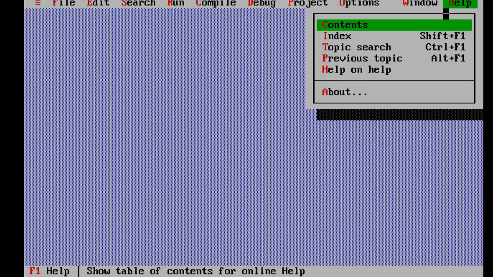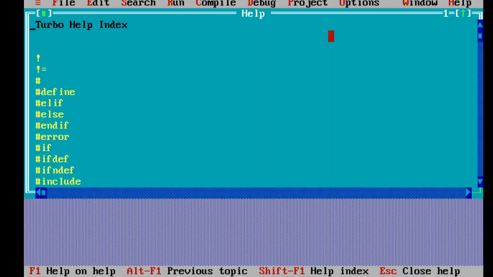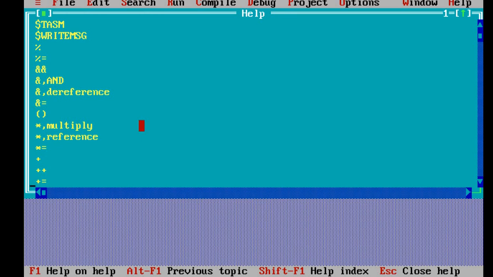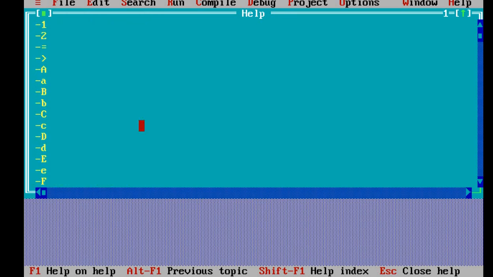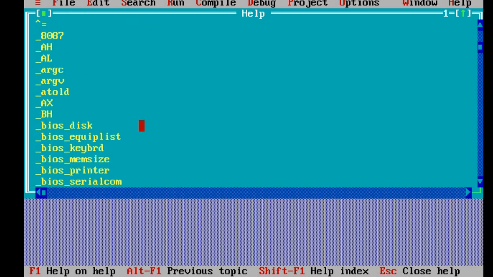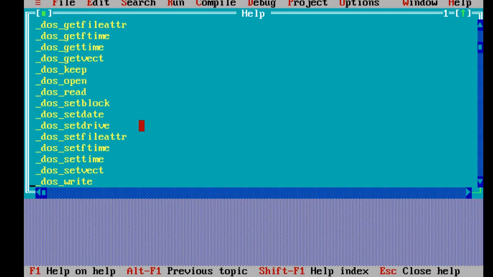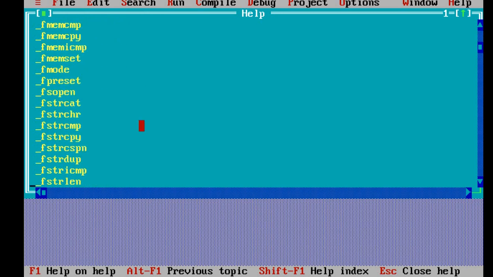And last is help. In help, context and index means various keywords, functions and control statements are available along with examples, then various functions, operators, and inbuilt functions. All these libraries are available in the help option, where we can select any particular point or topic. It will show the meaning, the syntax, and along with an example it will show how it is used in a program, right?